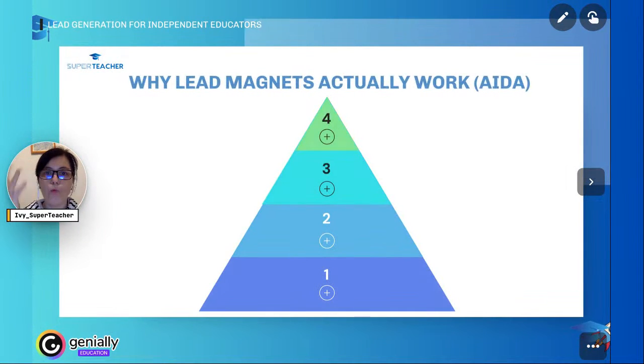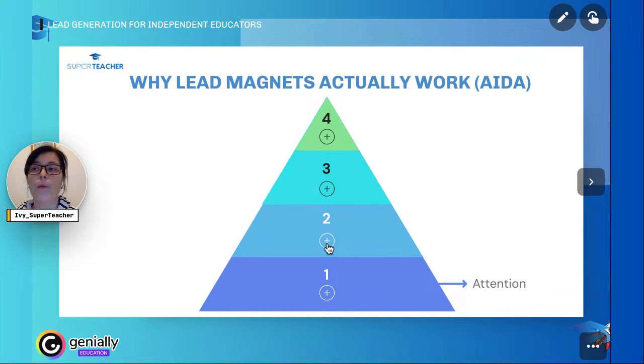Okay, why do lead magnets actually work? This is interesting. This is pure science, marketing science. First of all, whenever you do something, it's unique, you created it, and it has to draw attention, right? So people can see you, spot you, and differentiate you from other teachers or services they see every day.